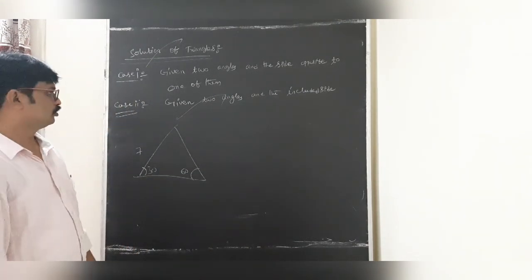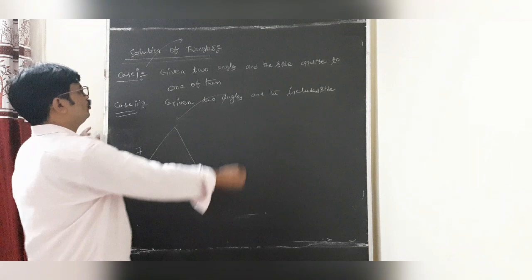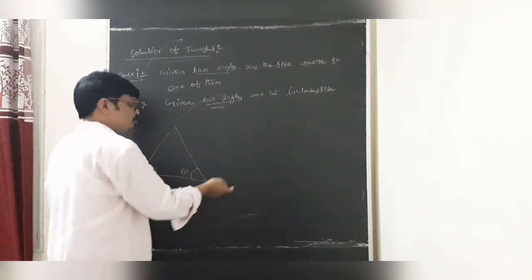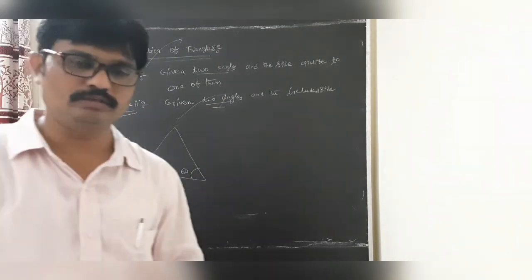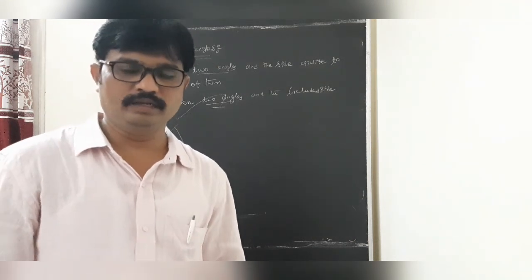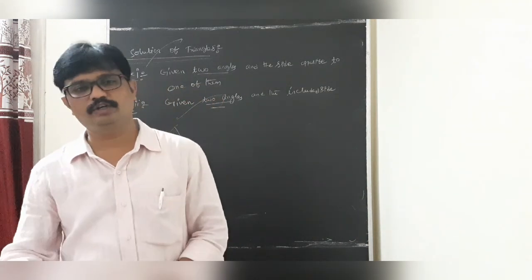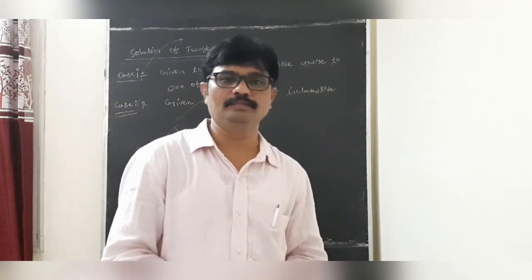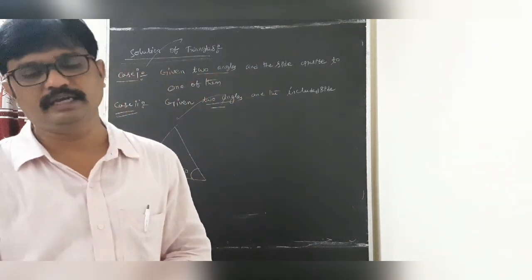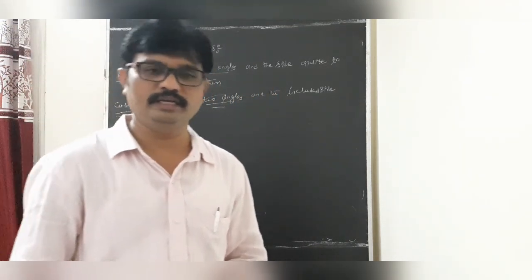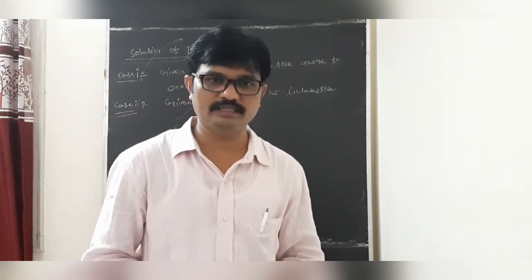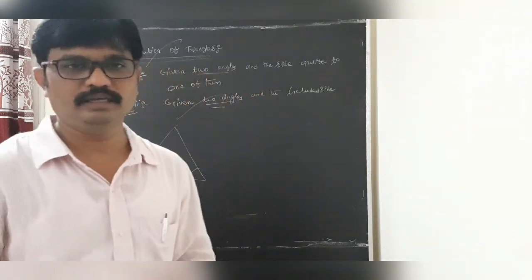Okay, students? So, dear students, when two angles or two sides are given, undoubtedly we can apply only the sine rule. Okay, students? When all three sides are given, we can apply only the cosine rule. Okay, students? The last two cases we can apply the cosine rule, and the first three cases we can apply only the sine rule. Okay, students? This is it for today. Okay? Thank you all.